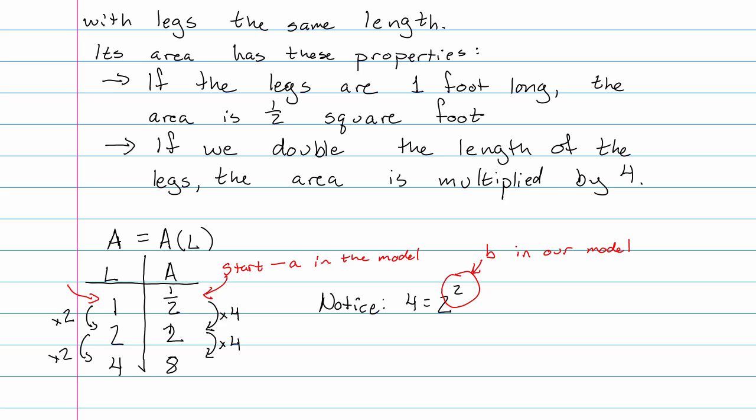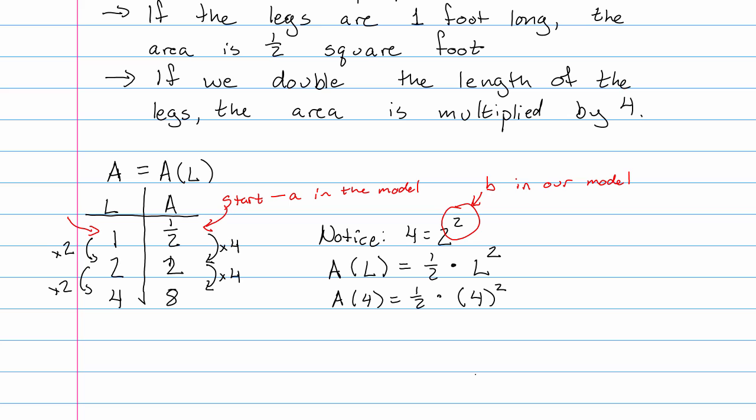So what we get here is that the area is our starting value, 1/2, times our leg length squared. This works for 4, right? A of 4 is 1/2 times 4 squared. It also works for numbers that aren't on the list, so we can ask,